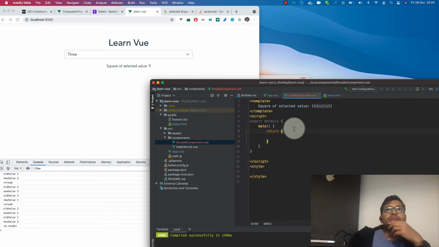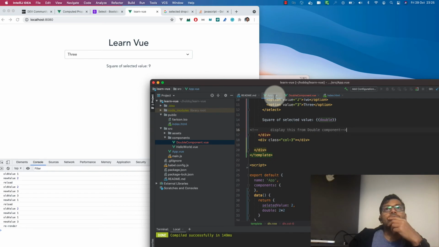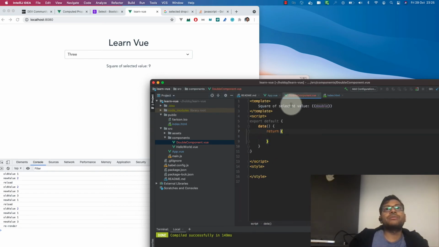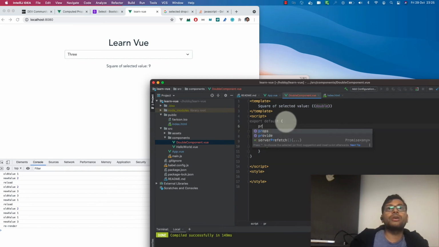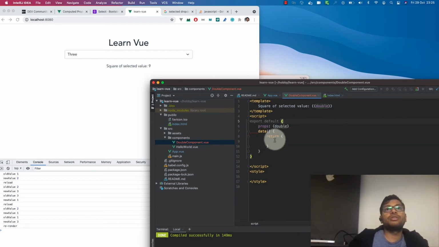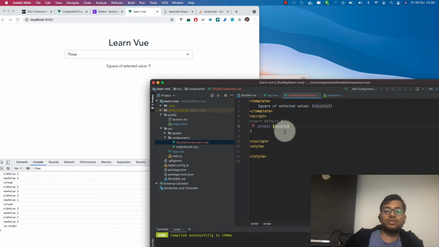So we will have something like props, double, and we can just display it. The props will not be in this, but maybe in an array, and it will be in quotes.